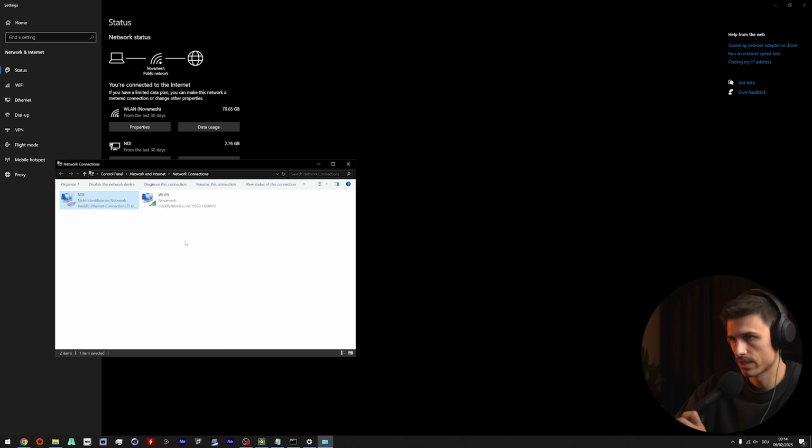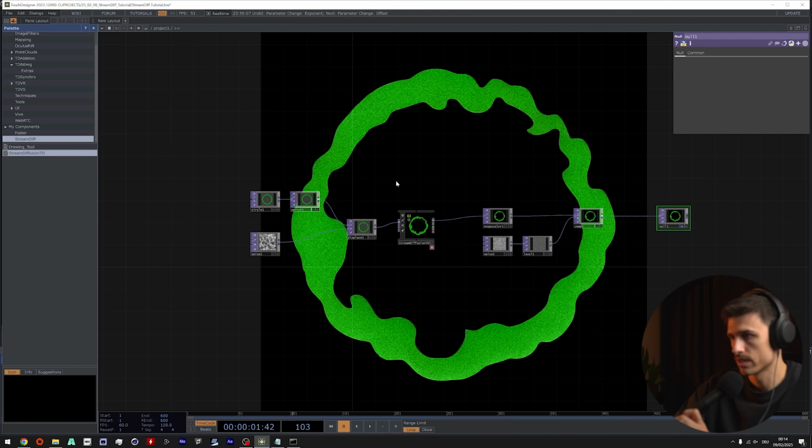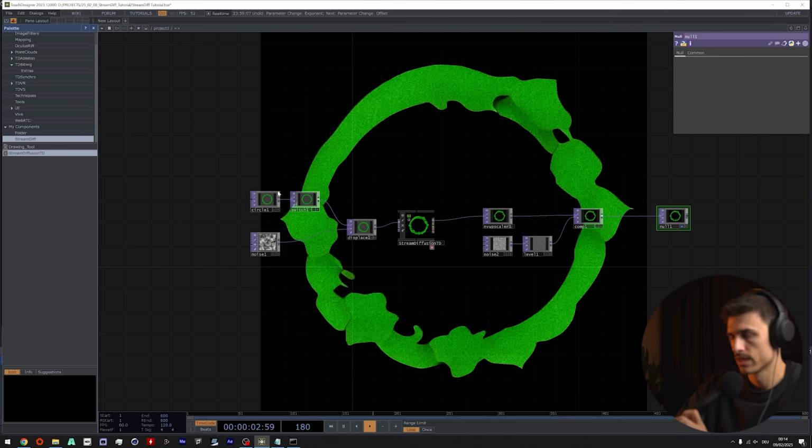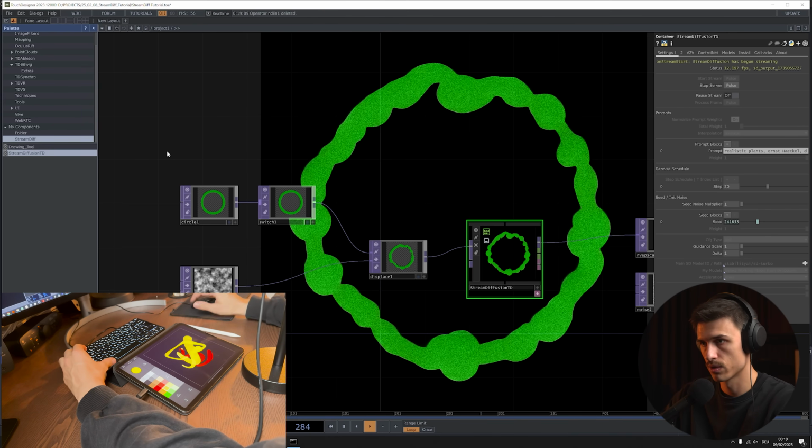That's good. Okay, close that. And so now in TouchDesigner, if you create a new node